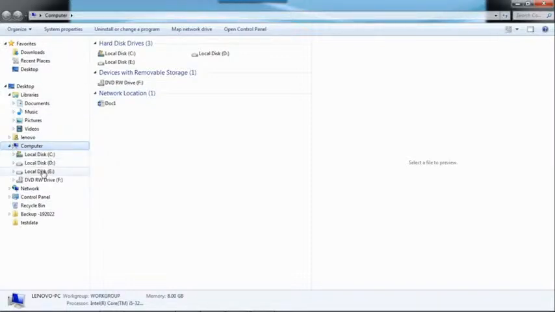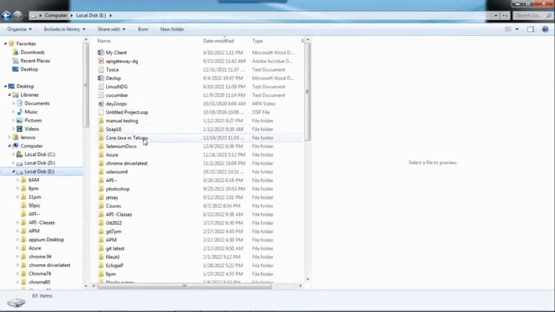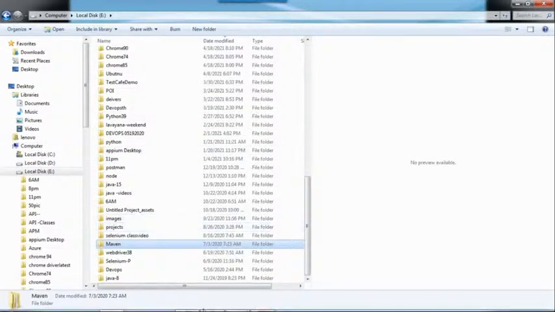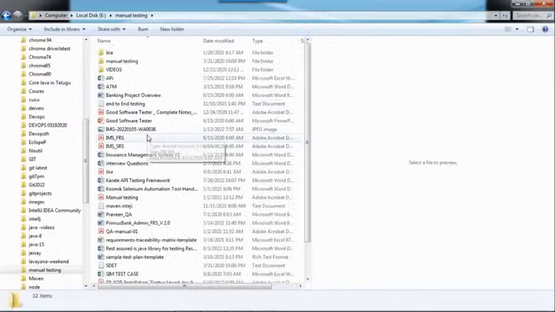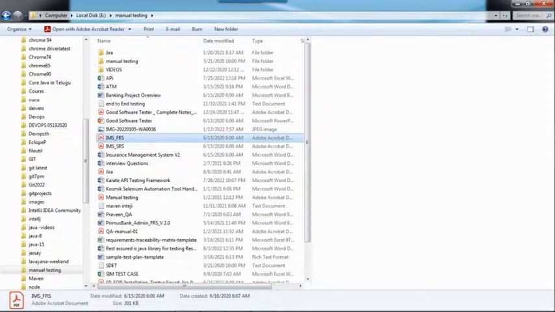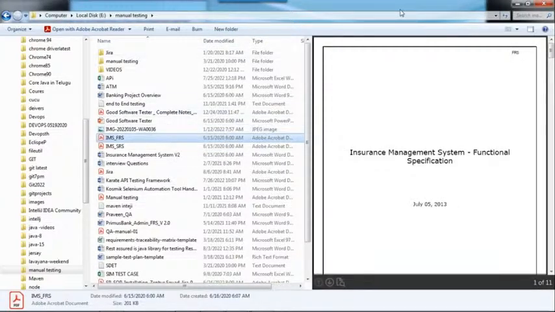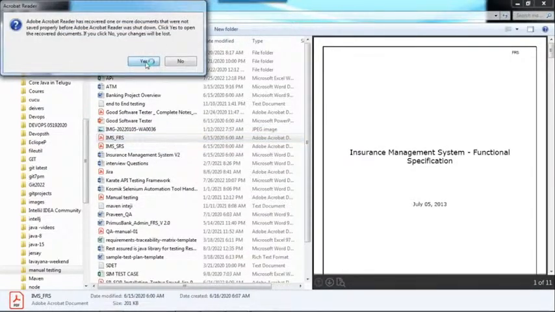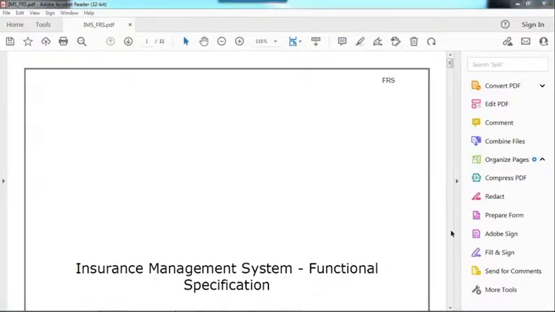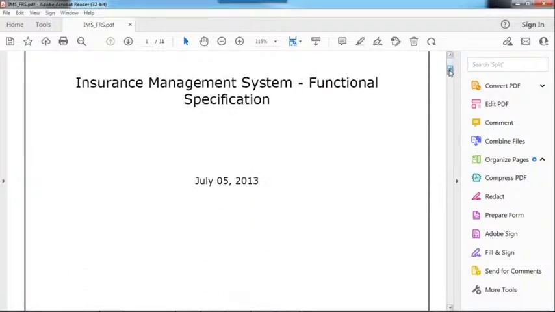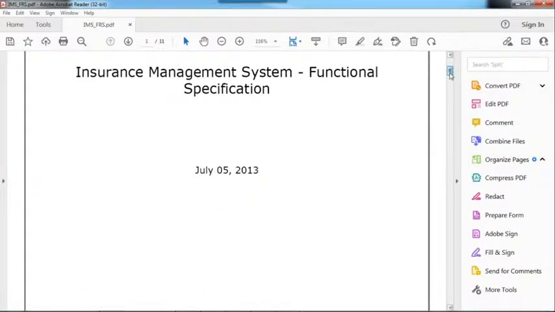Generally they provide documents, the requirement documents, such as the FRS. Now we need to test that application, so they will provide you the requirement specification document. Based on that, we need to test.